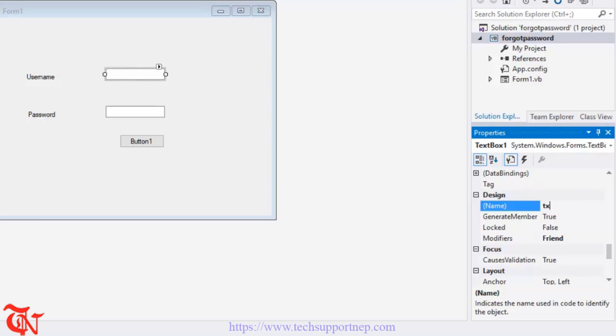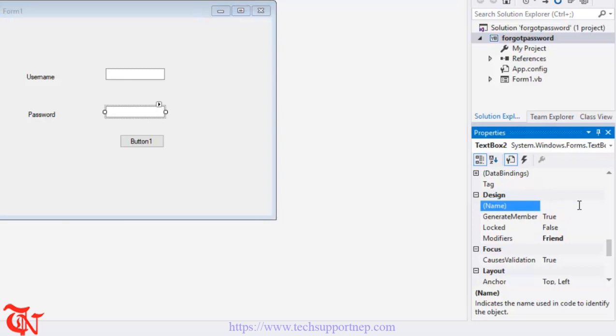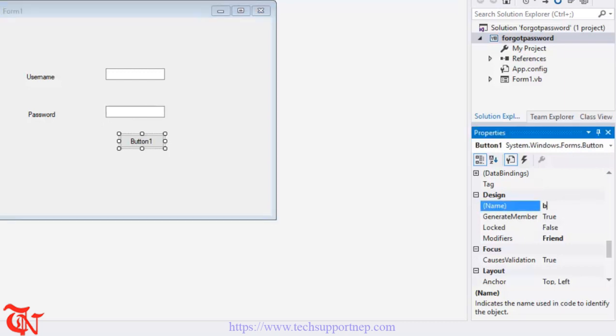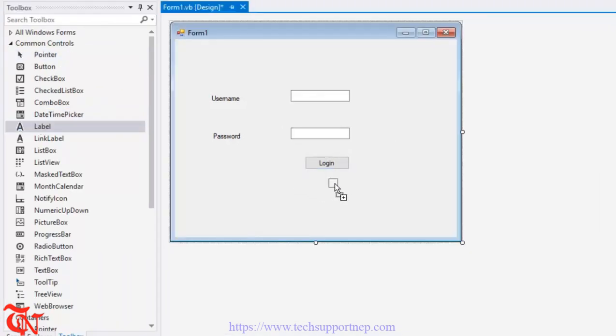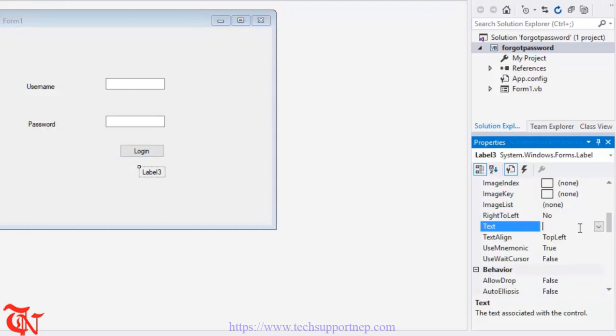So here goes txtUser, here goes txtPass, and here goes btnLogin, and change the text of this button. Here goes Login, and drag and drop one more label and place it below the login and give the text as Forgot Password,